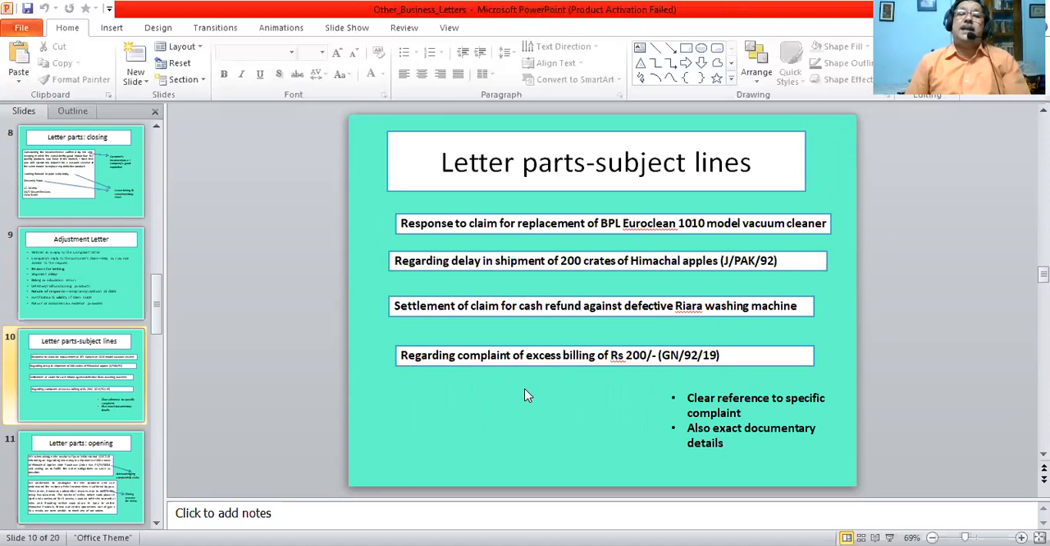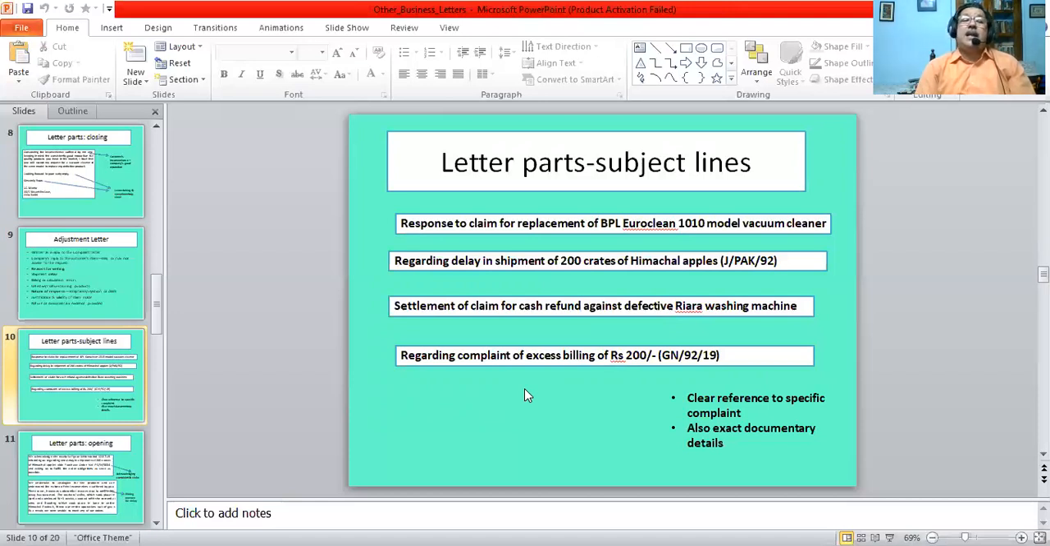Now, here are some sample subject lines. Let us read. Response to claim for replacement of BPL Euroclean 1010 model vacuum cleaner. Regarding delay in shipment of 200 crates of Himachal apples J/PAK92, settlement of claim for cash refund against defective Riara washing machine. Or regarding complaint of excess billing of rupees 200